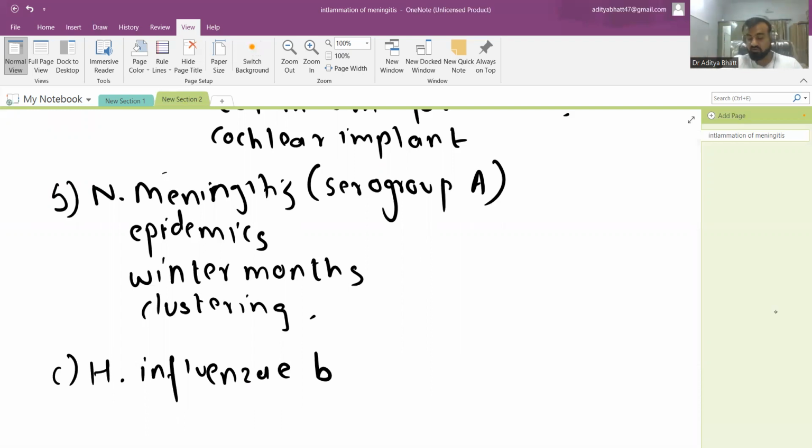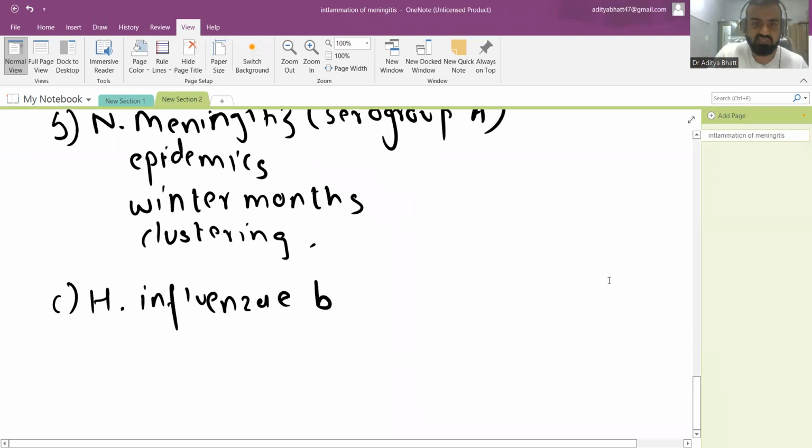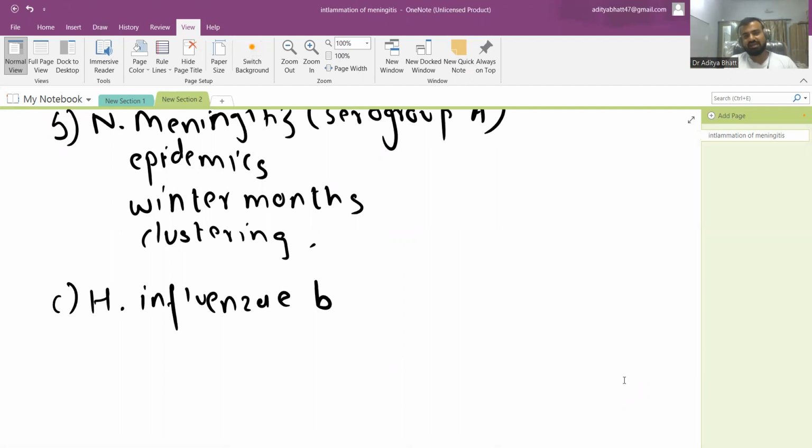And many times they ask that one complication of meningitis is sensorineural hearing loss. Historically, it has been said that it occurs with Haemophilus influenzae B, but the risk is also higher with Streptococcus, and the prevalence of Streptococcus is also higher. So if there is any question asking which meningitis causes deafness, then the answer should be Streptococcus, because the risk is higher, and the prevalence of Streptococcus meningitis is also higher compared to